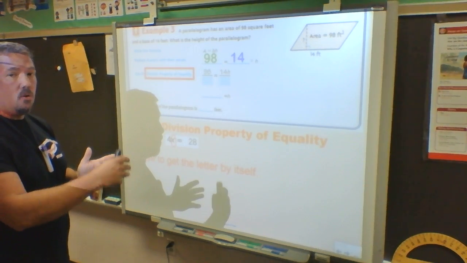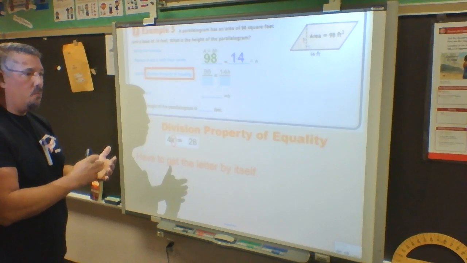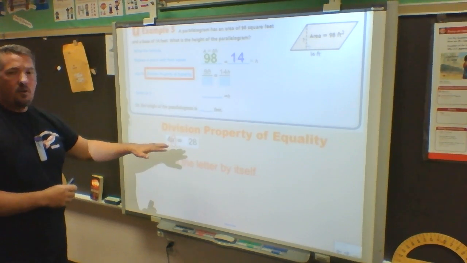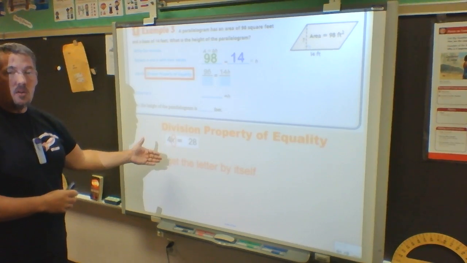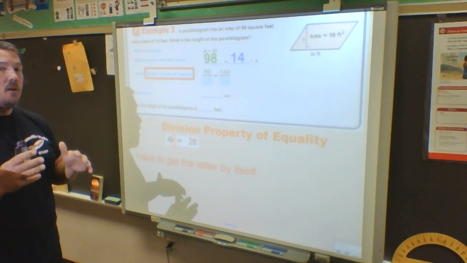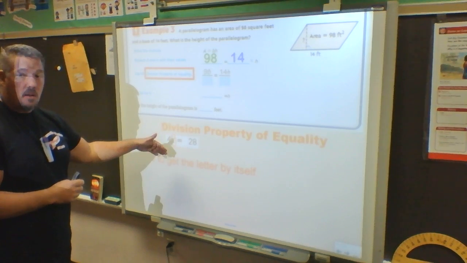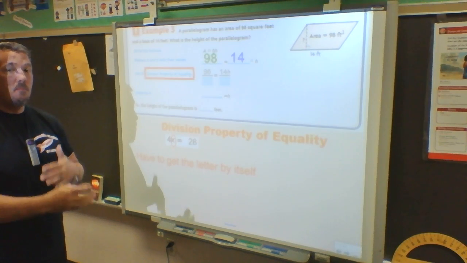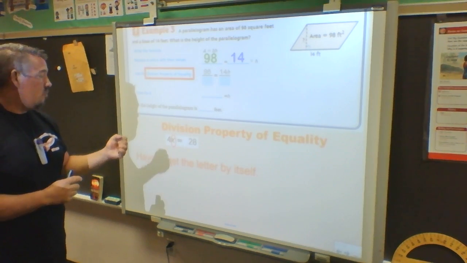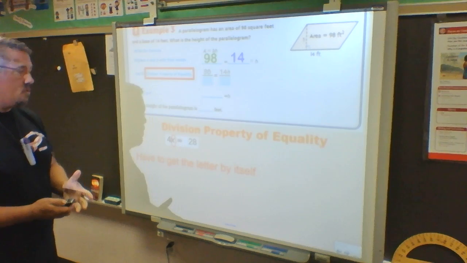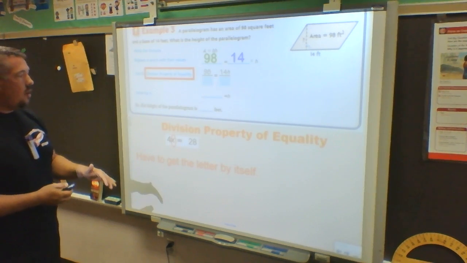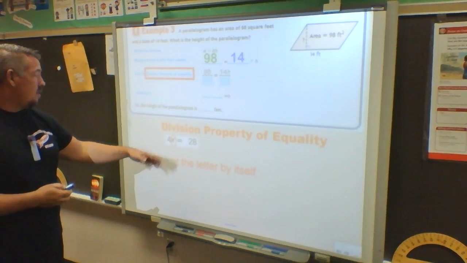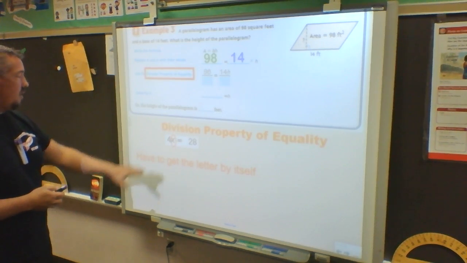2 plus 3 equals b. Well, what does b equal? Well, 2 plus 3 is 5, so b has to be equal to 5. Well, here we're using that concept, but we're going to do the math to figure out what x is equal to. Now, you may pop into your head and know what 4 times is to get 28, but mathematically we have to know how to do it, because we're going to start using mixed numbers, we're going to start using decimals, and that's not going to be math we can just do in our head. So the first thing I know with this division property of equality is that I have to get my letter by itself. So I always circle it so I can see what I'm working with,